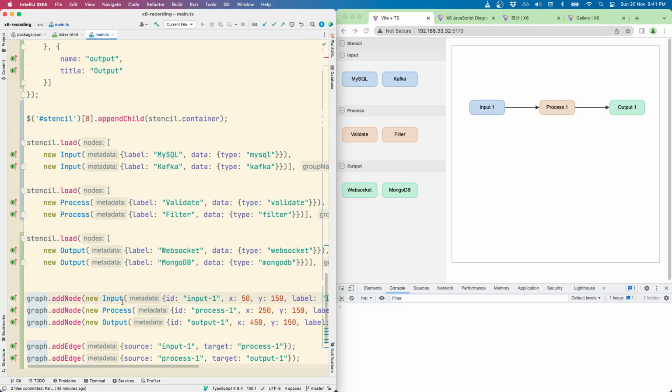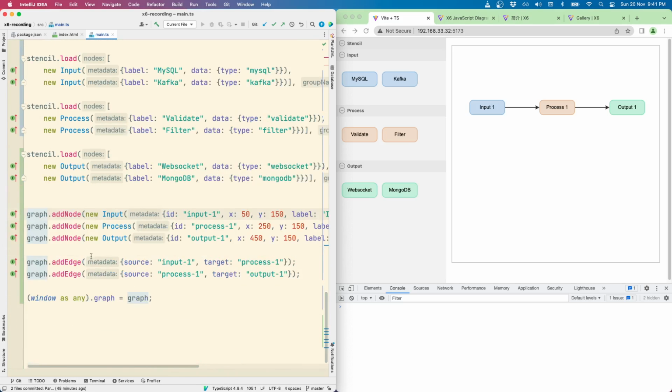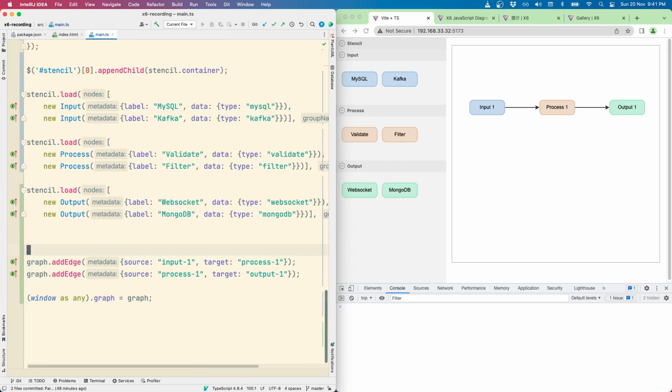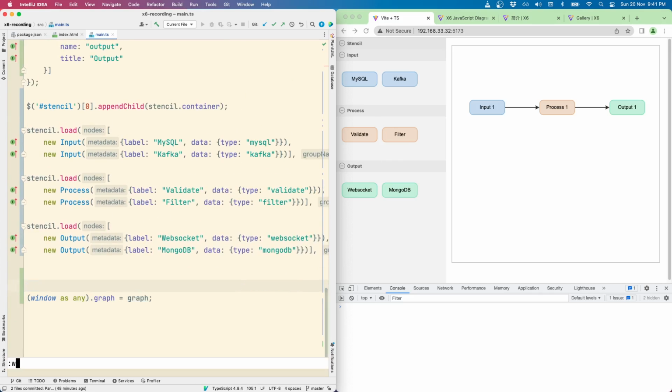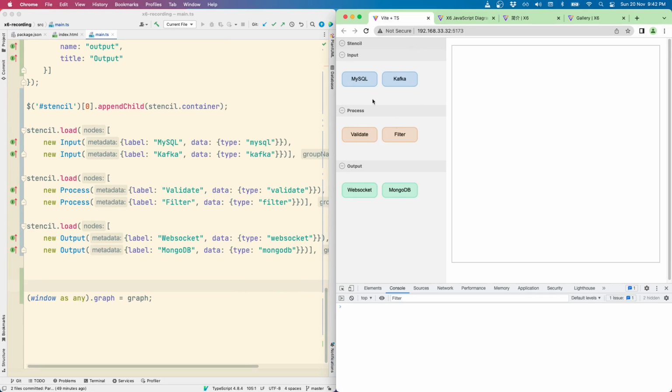We don't need these add node and add edge anymore because we're going to allow the user to create these by themselves, so let's just delete these. Now the user is able to drag and drop these node types on their own. But now the problem is that the user is not able to connect these nodes together.